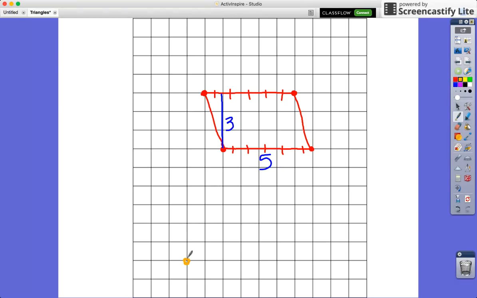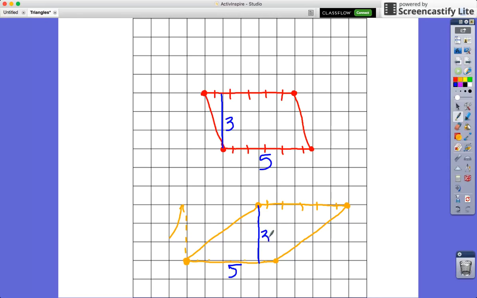So I'm going to start here, create my base of 5, and my height of 3. So I'm needing to work with this grid line. I'm going to come all the way over here, just for fun. I still need a top base of 5. Connect my top base line segment, and then I need to connect my vertices. There's one slanted parallelogram,